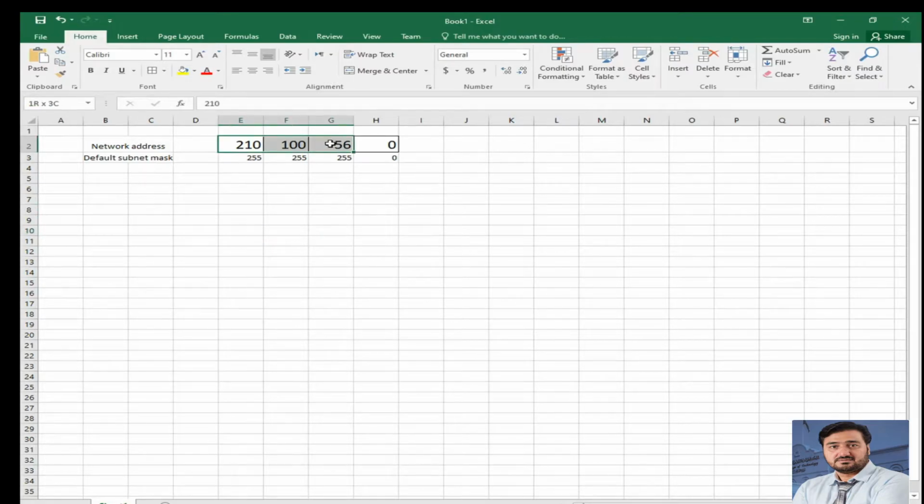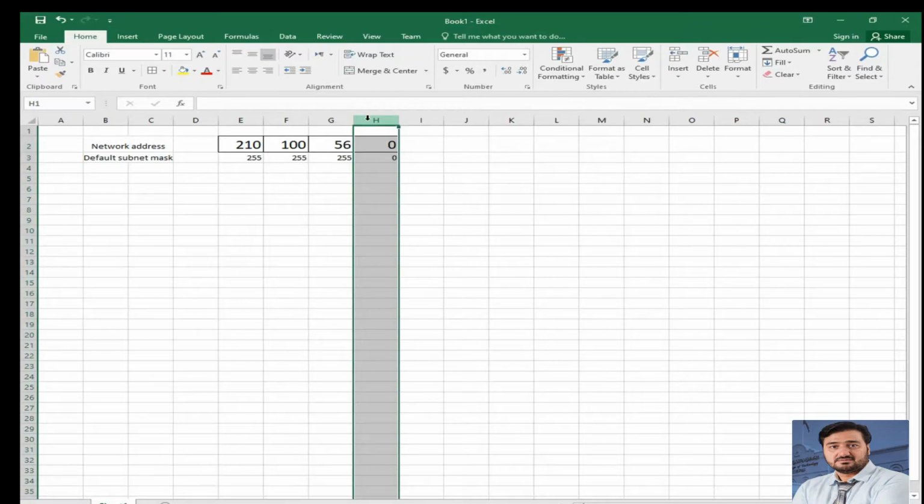Because here, this one we don't need to convert into binary. Only this one needs to be converted. So the last portion, now the binary value here, I'm going to convert this 0 into binary. So in total we have 4 groups: group 1, group 2, group 3, and group 4. These are the 4 groups, meaning 4 octets. So here I'm going to write this value in 8 bits.